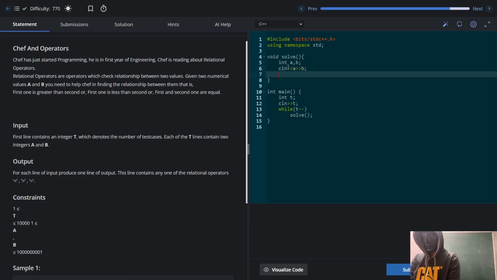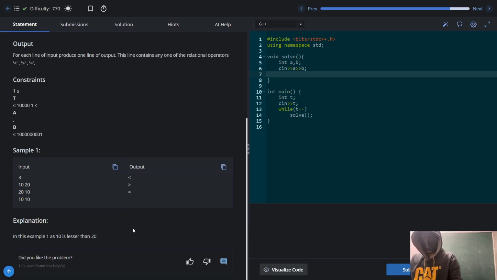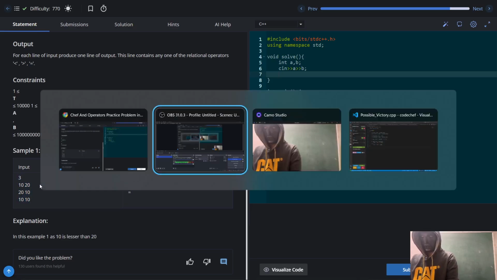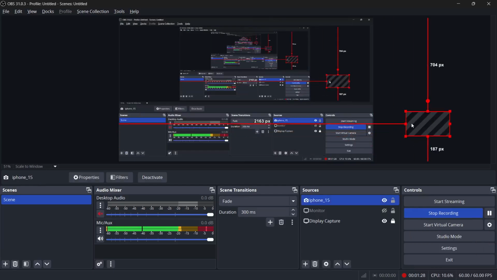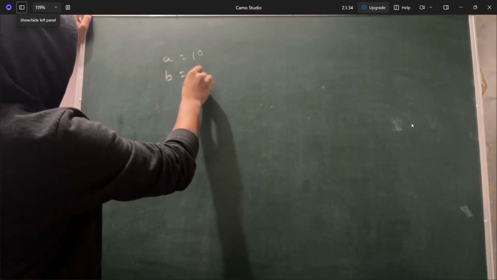So in this problem, basically, you will be understanding what is the less than operator, the greater than operator, and the equals to operator. So they have given three test cases, in which we have 10, 20 in the first test case. So what we have is a as 10 and b as 20. So in this case,